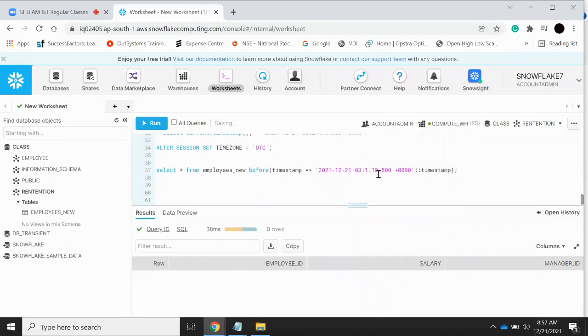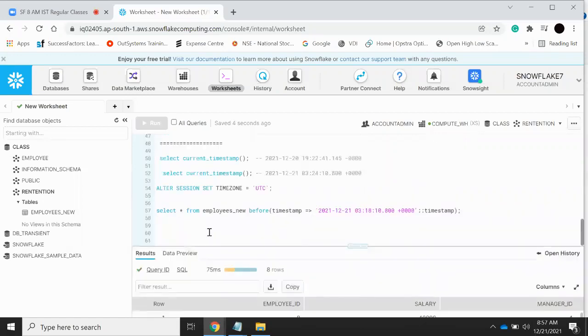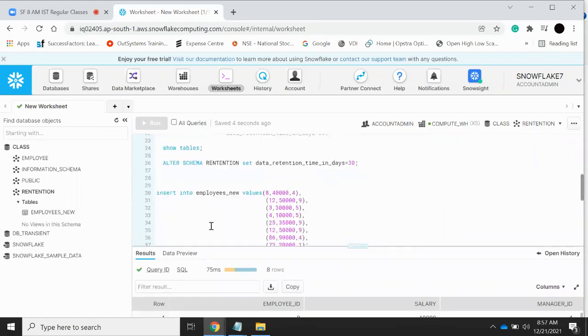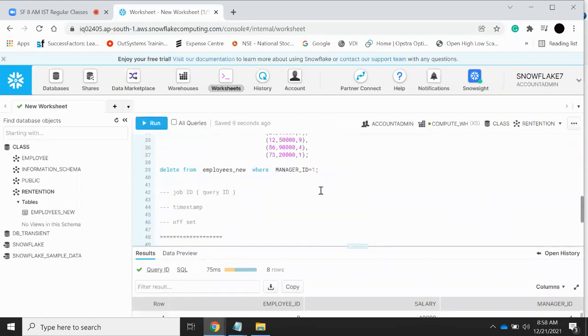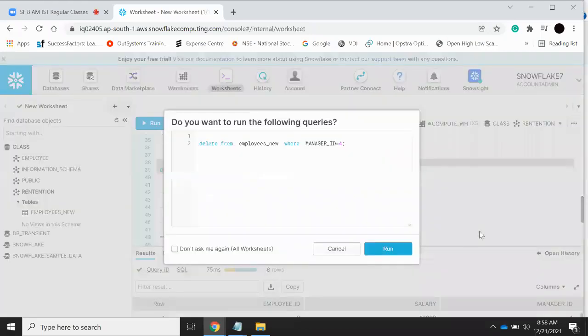Now for example, I want to see exactly how the table looks like. Once the data is inserted, we have done around 19. Now observe this one, 7 records, right? When we inserted the data, we had 8 records. Now suppose I delete some more records here. For example, the manager ID, I will take it as 2. See this one, I have deleted